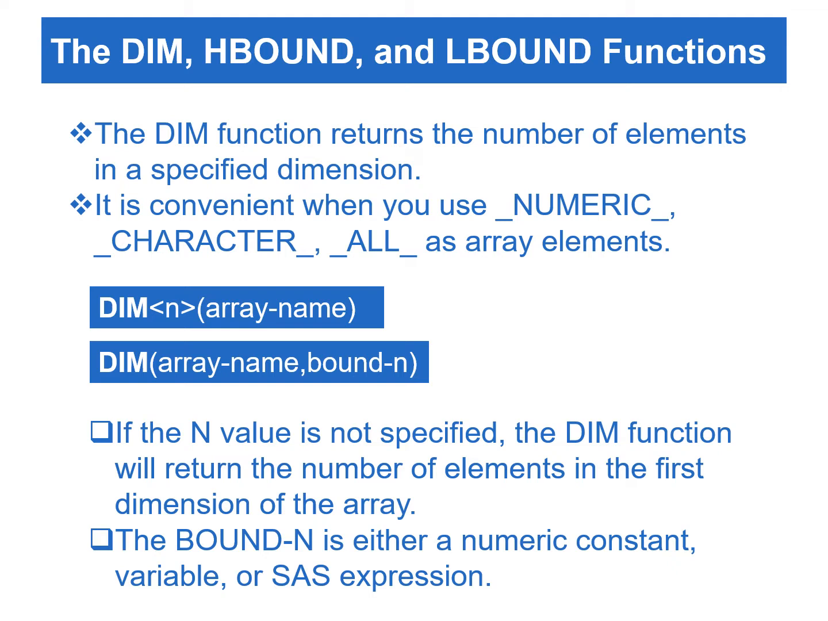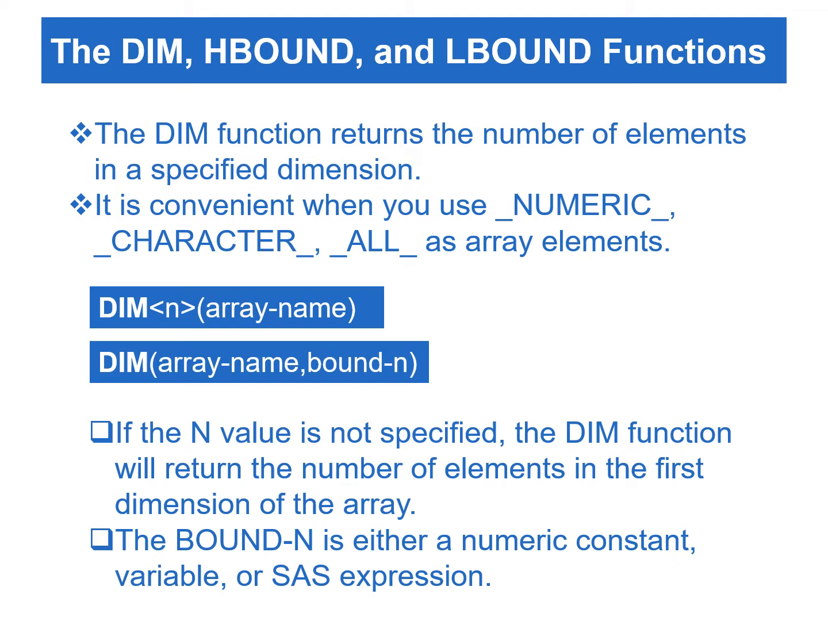Sometimes, we don't know the dimension of an array. This tends to be the case when we use _numeric_, character and all_ as array elements. A handy workaround is using the dim function, which returns the actual dimension. The optional n in the dim function is used to specify the dimension of an array. If the n value is not specified, the dim function will return the number of elements in the first dimension